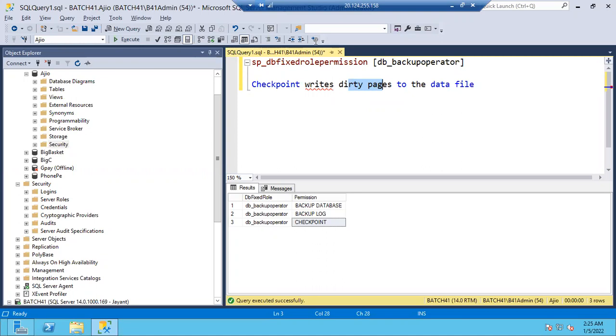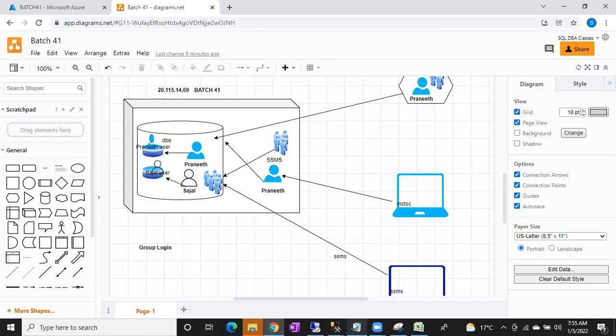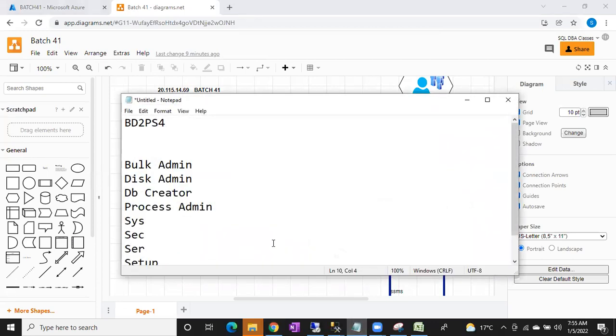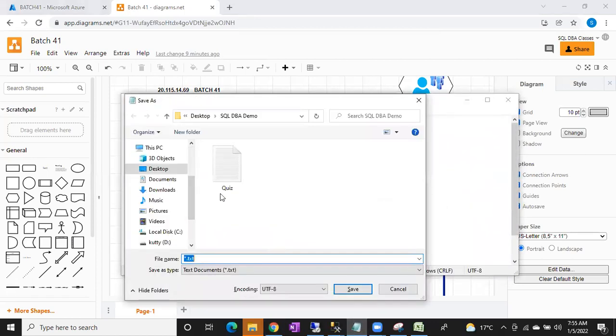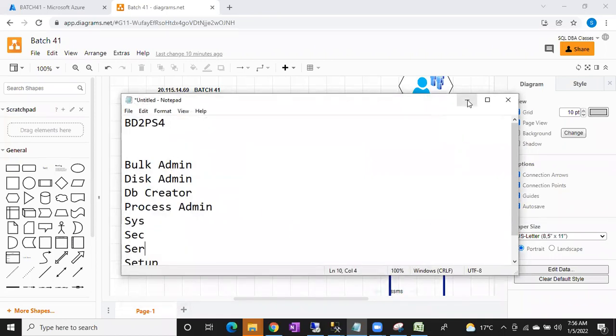What will checkpoint do? All committed changes, it's like Control S. Whenever you're typing data, you are going to save it, right? I use Control S or the save option, and once I save the data, it will be permanently saved to my disk. In the same way, checkpoint is a kind of save button.